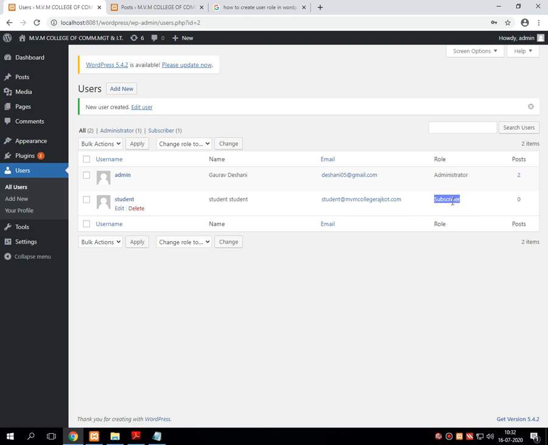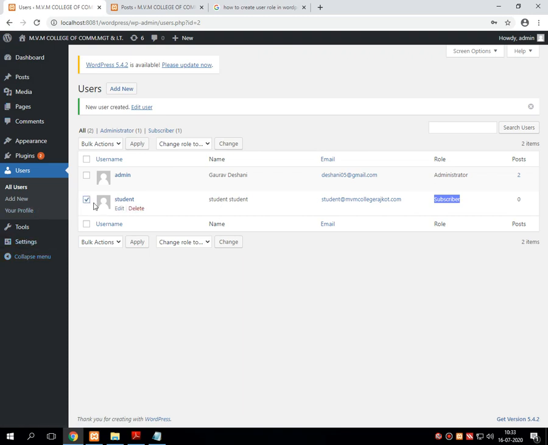Now at the time of login, as a username you have to give student, where I am giving admin up to this lecture. Then you have to give student as the password, where I am giving admin till date. Then just visit and see what changes there are in this dashboard. How many options you are getting from this dashboard, observe by yourself.